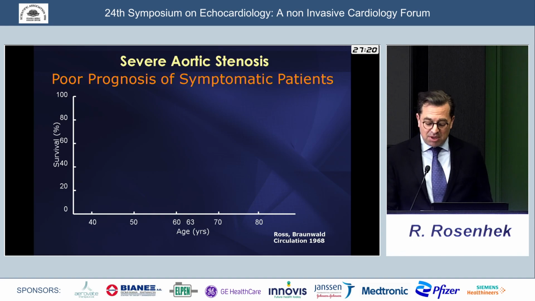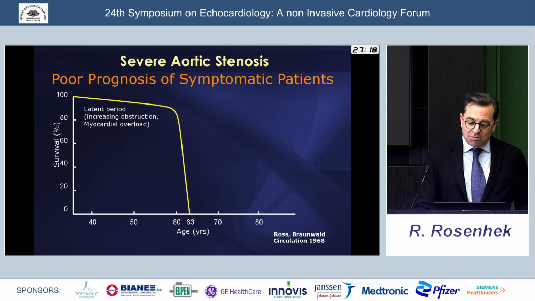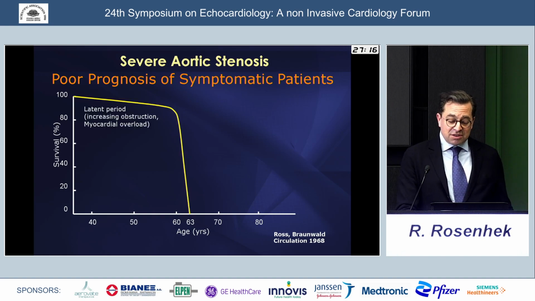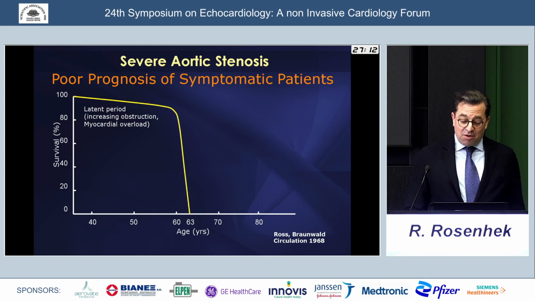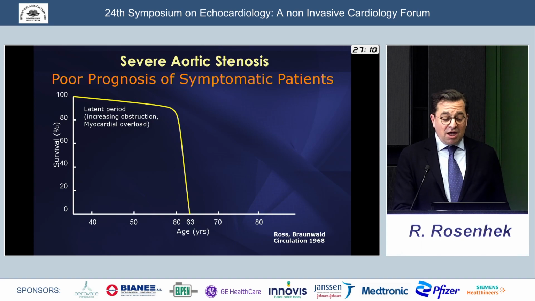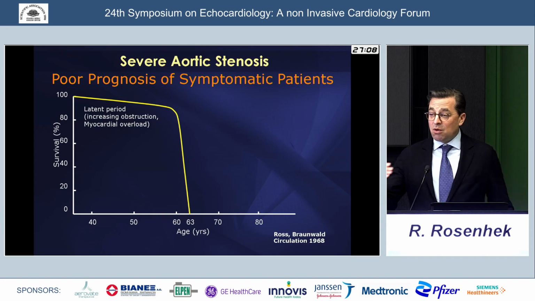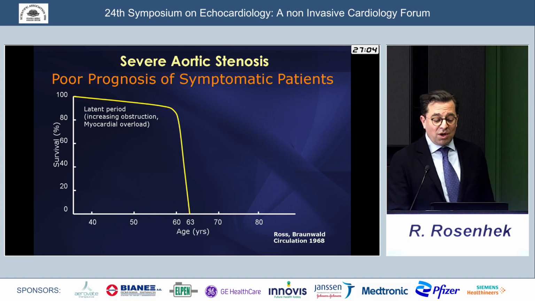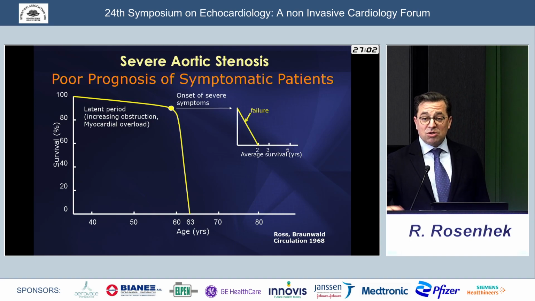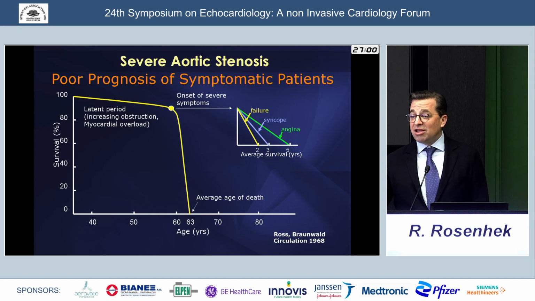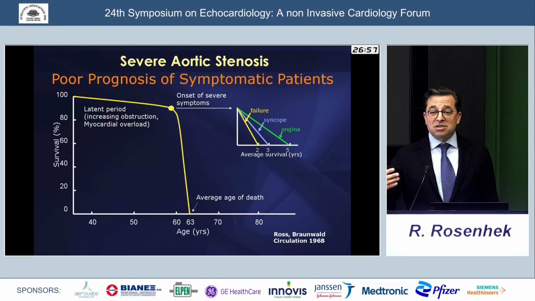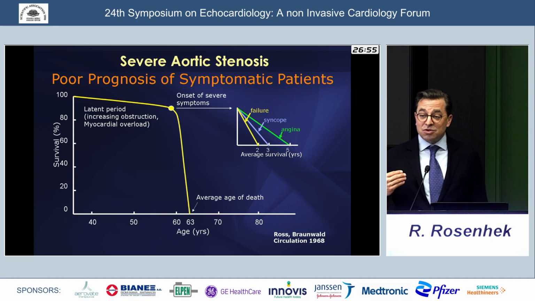talking about asymptomatic disease. And as Ross and Braunwald have shown in this legendary illustration dating back from now more than 50 years ago, there is a latent period where patients are asymptomatic and where they do fine. And once symptoms occur, such as heart failure, angina, or syncope, the prognosis is dismal, and most of these